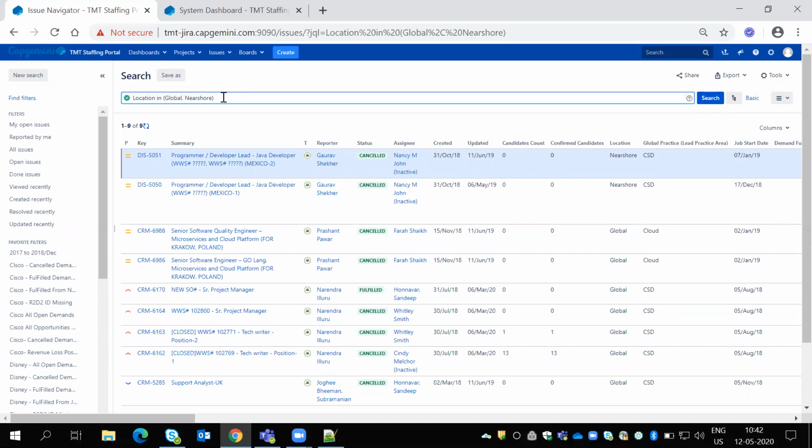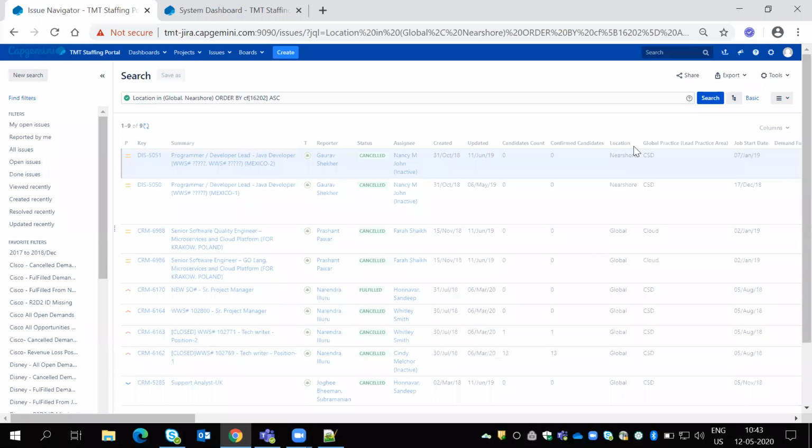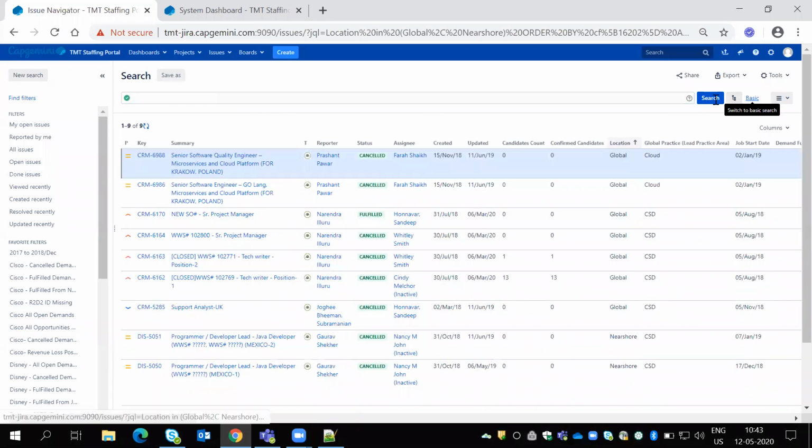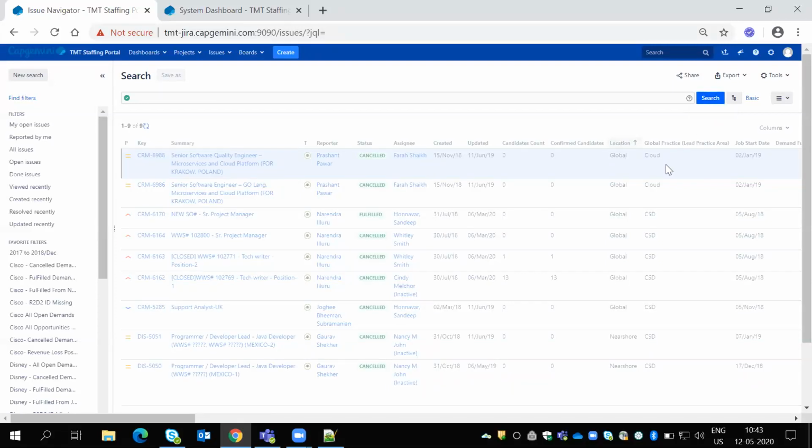But if you come here, suppose in some of the fields I have an empty location field, they are not selected. So I can write location is equal to empty.